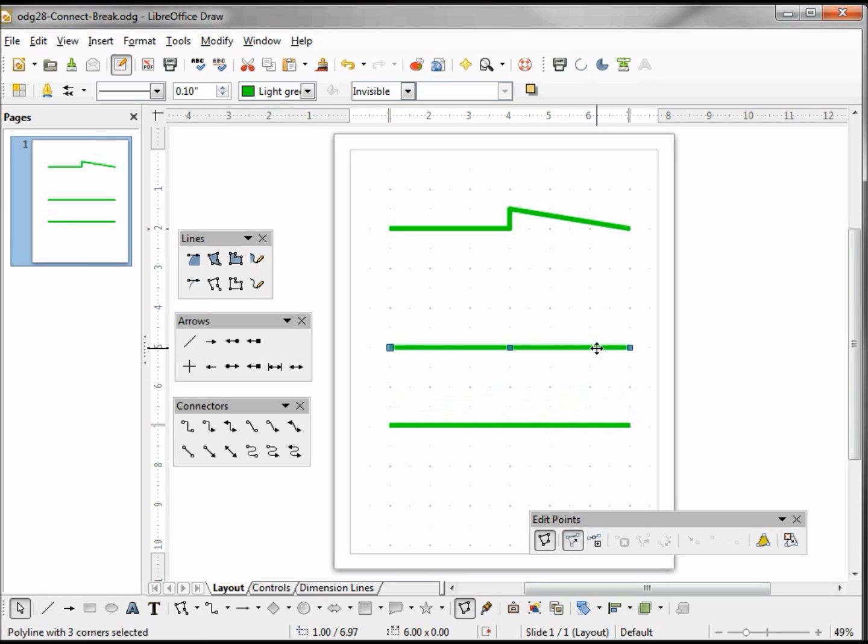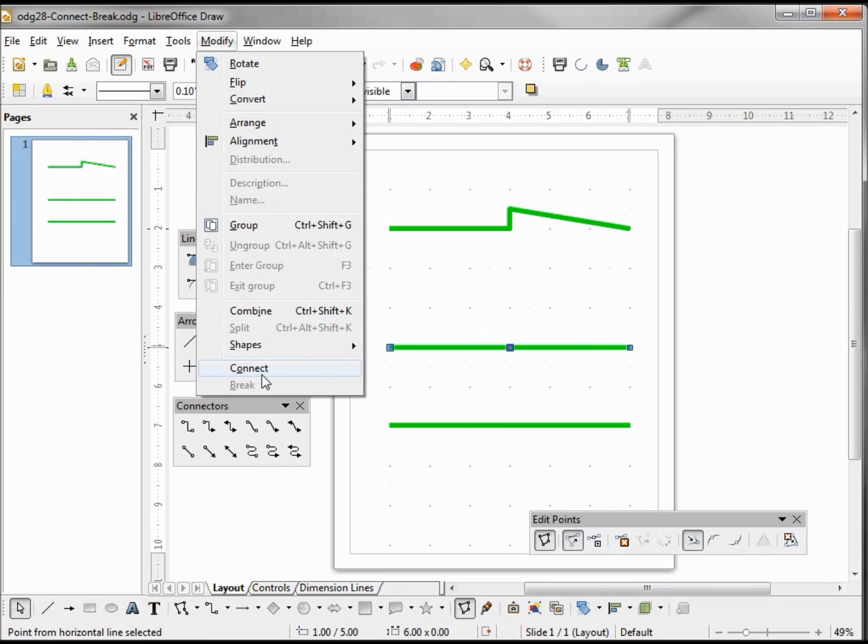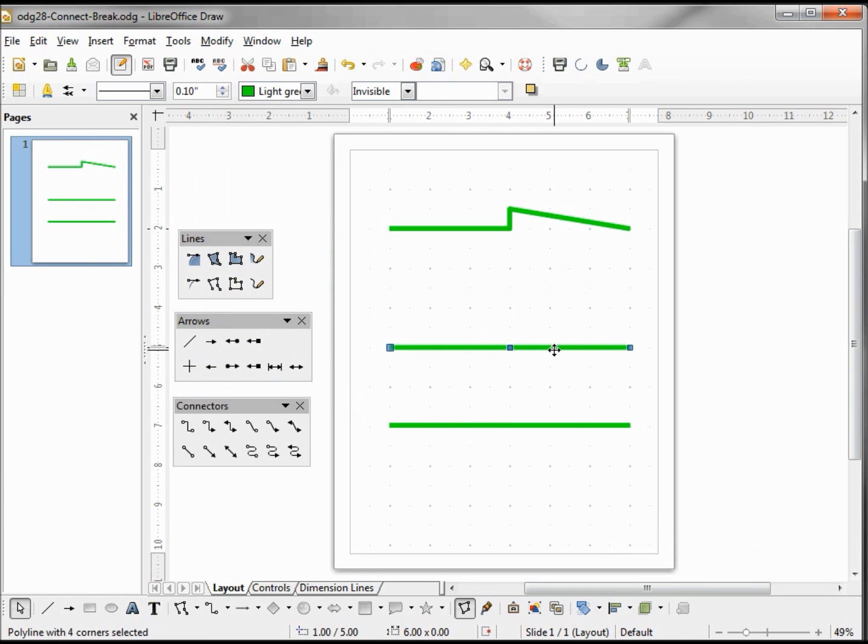Now, selecting our middle line again, I'm going to select that middle point just like I did before, split the curve, moving it, showing that I'm splitting the curve, but I'm going to move it right back where I had it. Now I'm going to Modify, Connect, and it looks like we're back in one line. If I move it around, we have the one line.